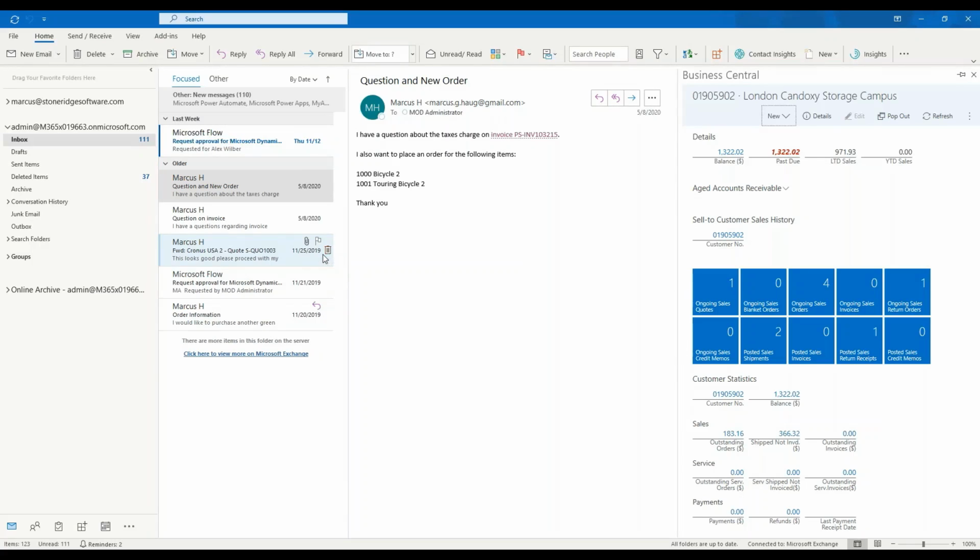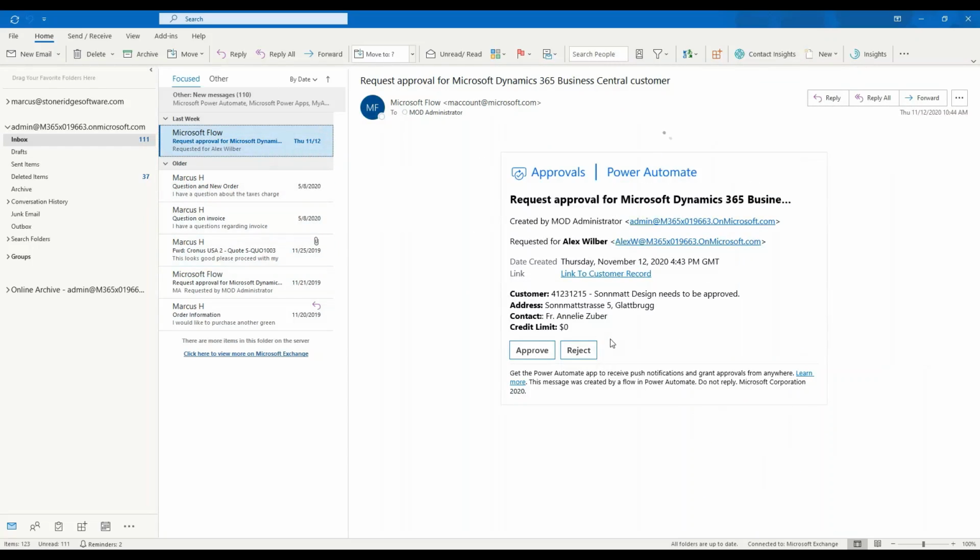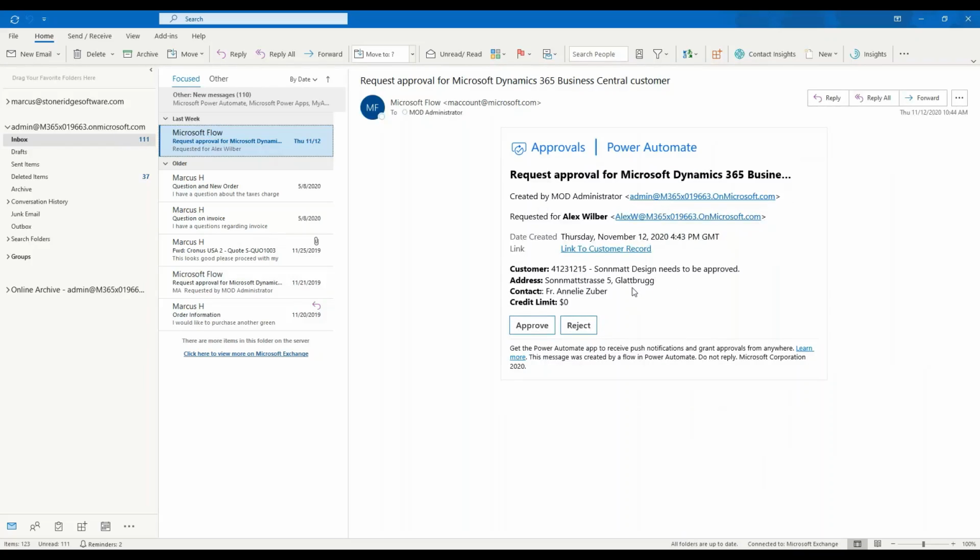So the key thing to think about here is that Dynamics 365 Business Central is not just an ERP application. So you're not just locked into that way of thinking or that way of processing transactions. Leveraging Power Automate allows me then to do lots of stuff. So at a basic level, it allows me to send emails. So for example, I can leverage the approval system inside of Business Central, connect it to Power Automate, and then